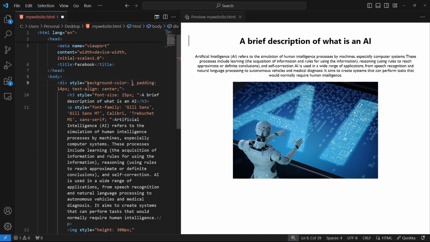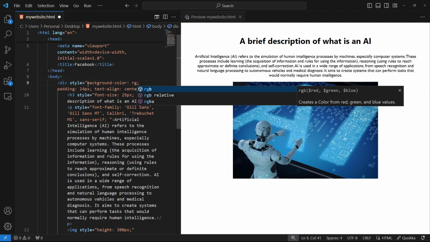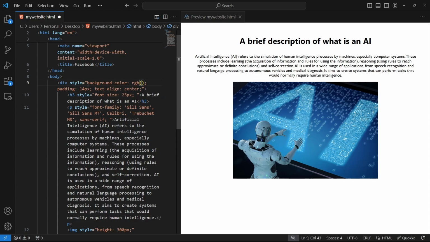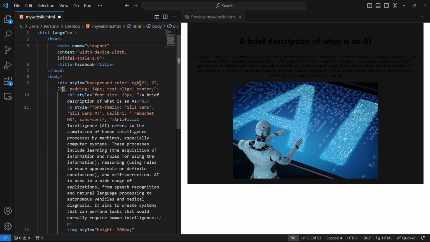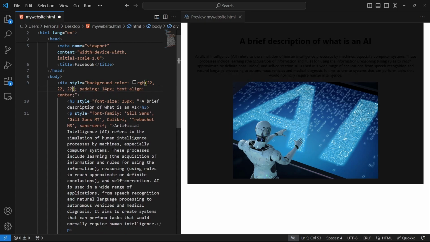Gray is not good. So we can use RGB, which is red, green, blue. So we are adding first is red. So let me try to add 22 and then green is 22 and then blue is 22. As you can see, we have a darker color, almost black. Try to change that one.